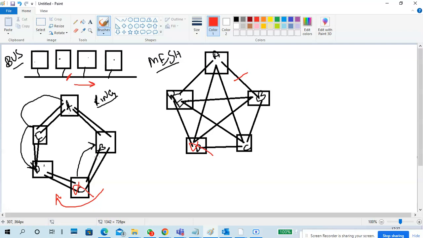If a device is down, no problem. Other devices will communicate with each other. A wire is broken, no problem. All other communications will go on. Okay, that's it. Mesh topology is a highly redundant topology, but more complex, more headaches, more analysis, very difficult to scale.